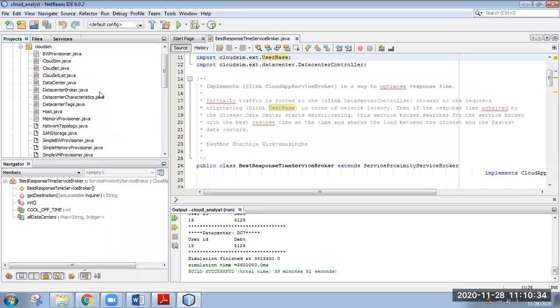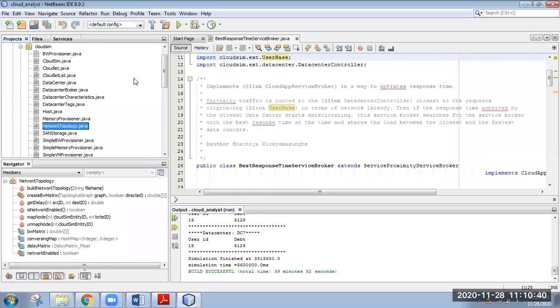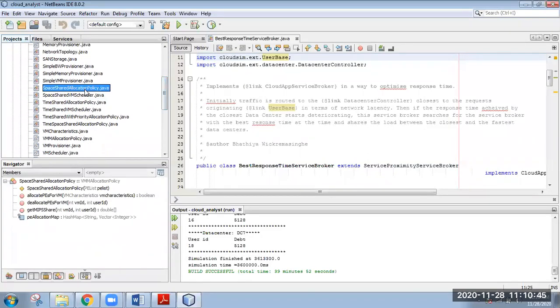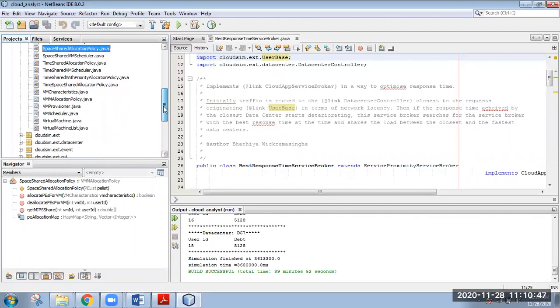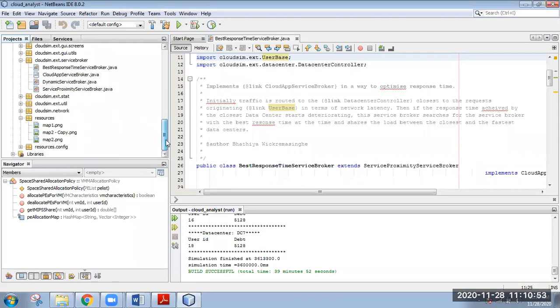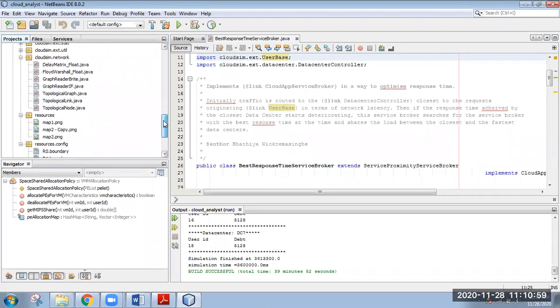Like here you can see for the data center broker there is code written, for storage there is code written, for topology there is code written, and for the time shared policy or space shared policy the code is written, right? So what you have to do, either modify the service broker policy, or modify the round robin part, or there is that in the network.